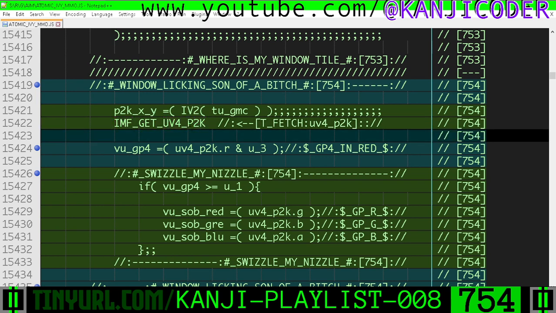P2k stands for pixel 2000 because our texture is 2048 by 2048. So we're going to get this uvec4 from that texel fetch, and we're going to look at the red channel of the uvec4, and we're going to mask it with binary 11 to get the 2-bit GP4 enumeration. Now, if the